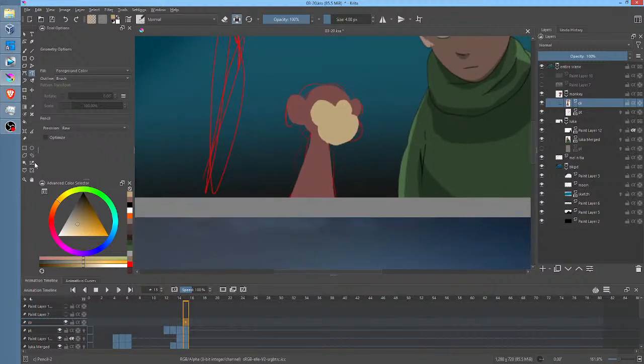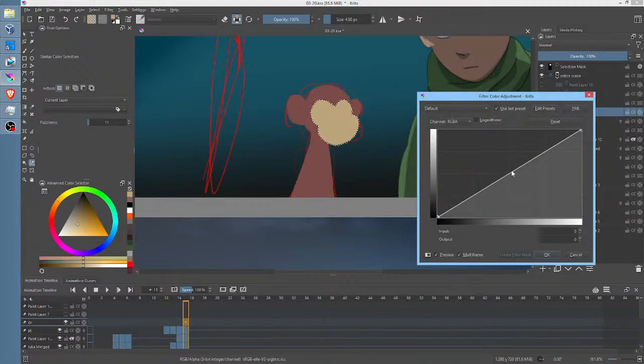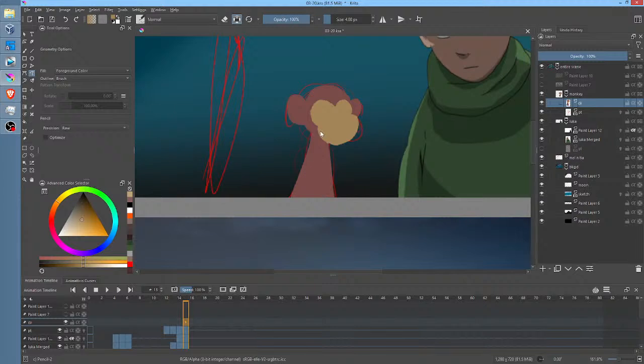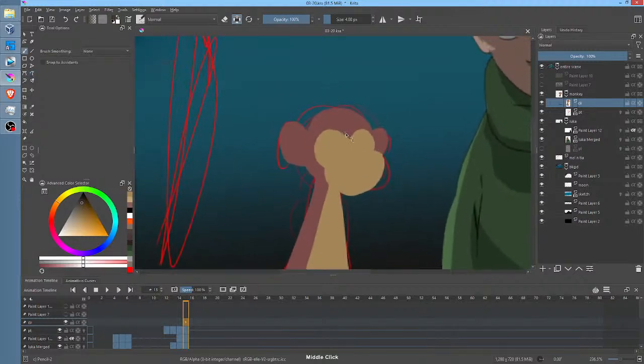Okay, so I'm not happy with that color either, so I'm going to grab the similar color selection and make, well, a similar change, frankly. Let's go with that. G key, sample that color, Control Shift A so we have no selection, and just go like that. Okay, so that was easy. Now we'll just hit the B key, go back to a plain old brush,